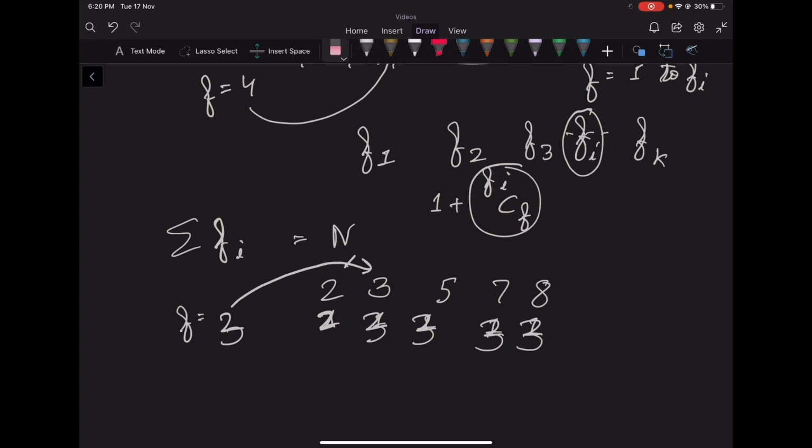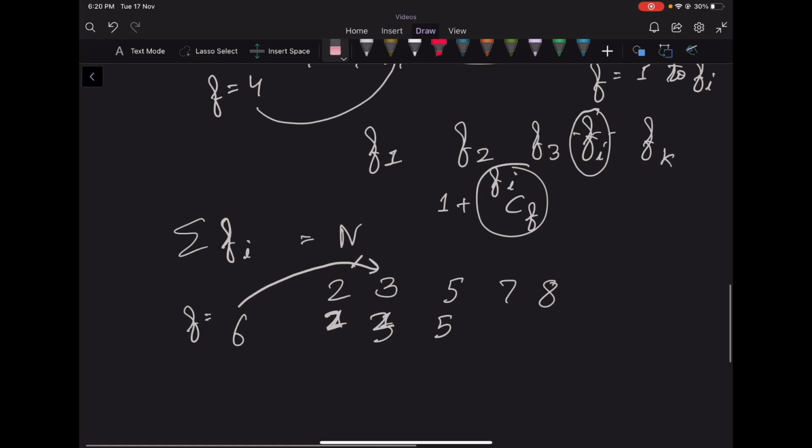For f equal to 4, we'll only consider 5, 7, and 8, so all of these elements will now be considered 4 times. For f equal to 5, we'll consider 5, 7, and 8 again, so all of these elements will be considered 5 times now. For f equal to 6, we'll consider only the elements 7 and 8, so they will be considered 6 times both.